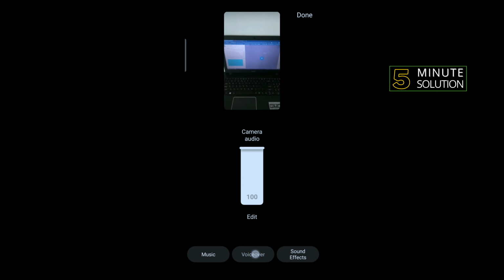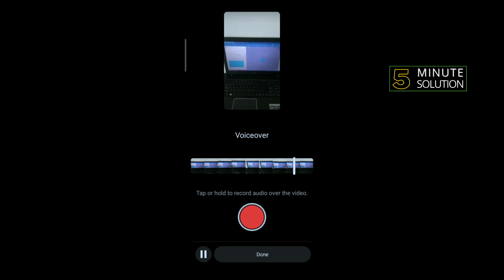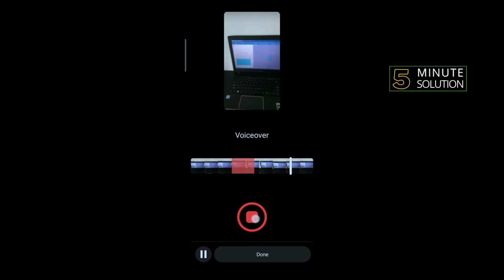Tap on voiceover and tap or hold to record your audio over the video. This is how you can select where you want to start your voiceover. And then tap on done,